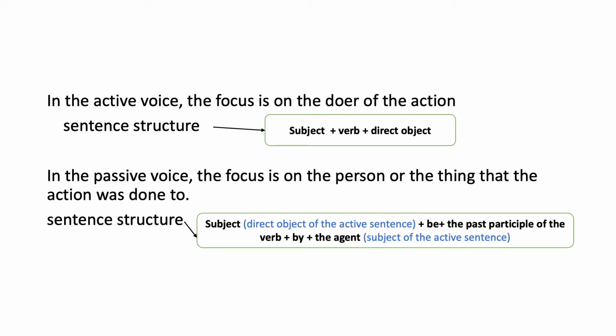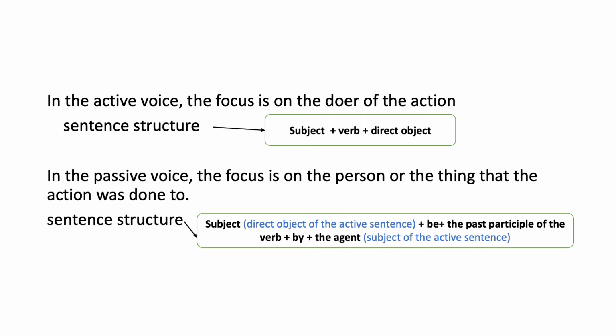In the passive voice, the subject, which is the direct object of the active sentence, becomes the focus of this sentence. The structure of the sentence you mainly find like this: subject, which was the direct object of the active sentence,